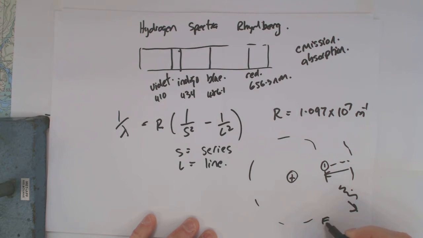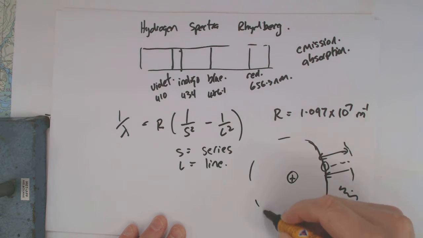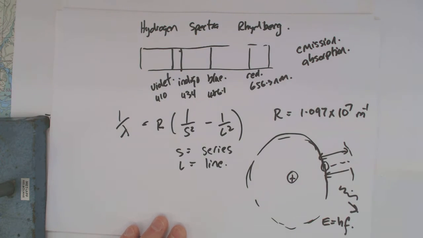And we're going to learn that the formula that gives us that is E equals hf. So that energy difference between there and there, if we divide it by Planck's constant, we get the frequency of the photon, which of course is going to give us the wavelength. And so you can see if this basic orbit or energy level is what we call the ground state,